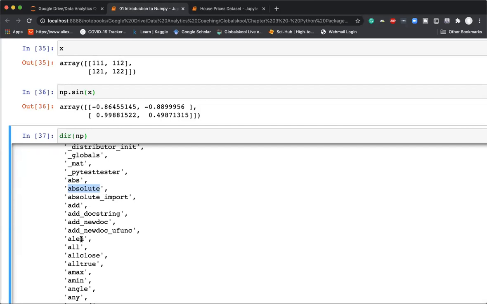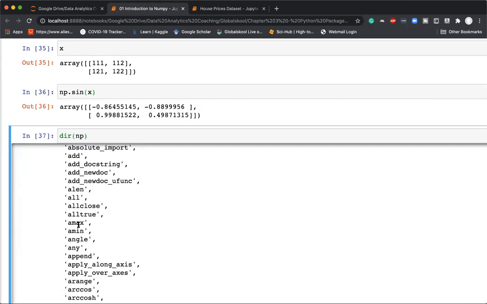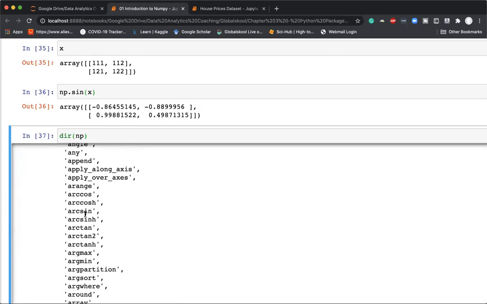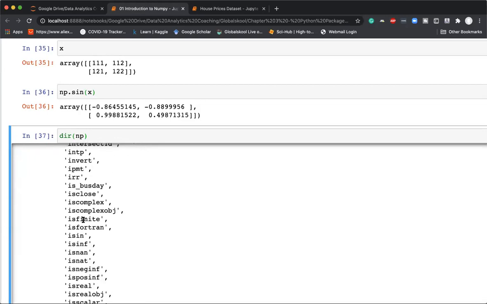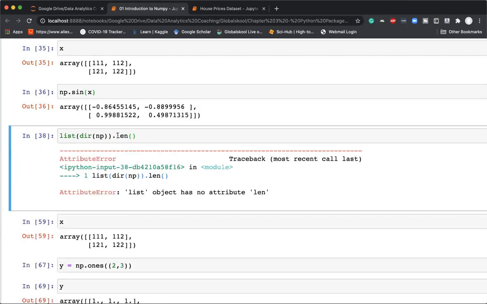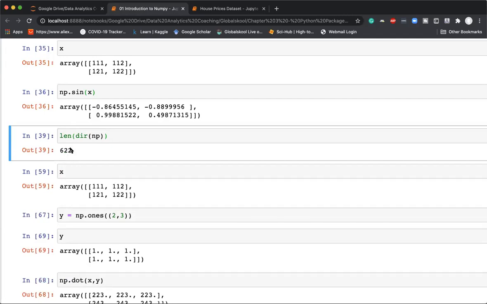ABS, absolute, add, all, Amax, Amin, angle, arange, arcsine, and so on. Okay. So there's a huge list. I don't know what the size is. Let us try that. Okay, so there are some 622 different attributes and functions inside. There's a huge list. If you want to know more about this, you can do help(numpy),